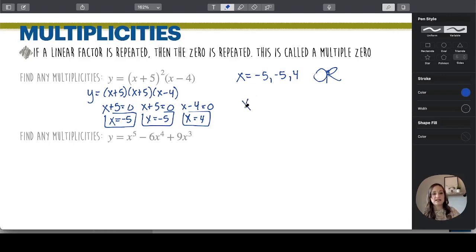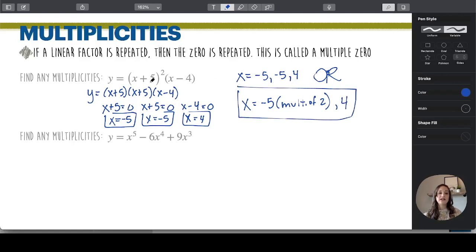is that you're going to say that the zeros are negative 5 with the multiplicity of 2. Why 2? Because it repeated twice, hence the exponent 2. And then the other 0 is a 4. So if anything is repeated, you're going to just write that number once and then tell me what the multiplicity